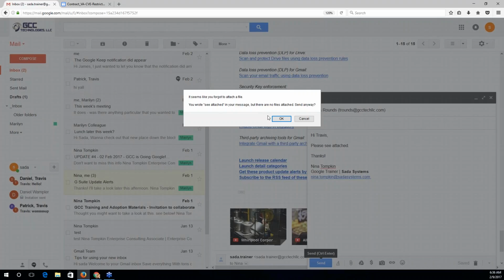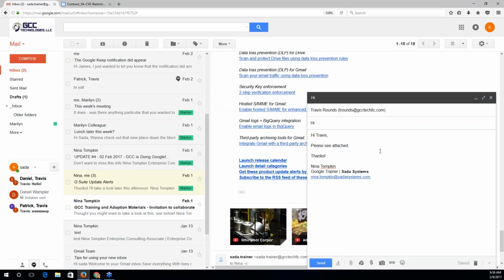Now, I'm noting this because in Gmail, the pop-ups are worded a bit differently than they were in Outlook. So before you go on autopilot and just say, okay, the pop-up, get out of my face, you should probably read this over and then click cancel. So before taking your action, read it over, because if I click cancel, then I actually have a chance to attach those attachments. And the neat thing about that feature is if you write "see attached" or "I've attached" or "find attached" and you haven't attached anything, Google will give you that warning.